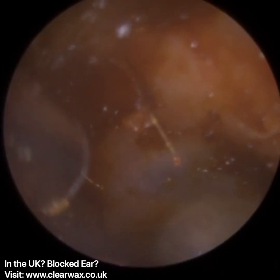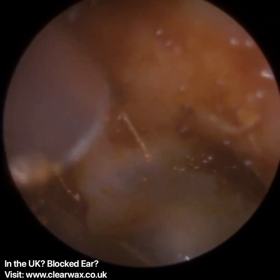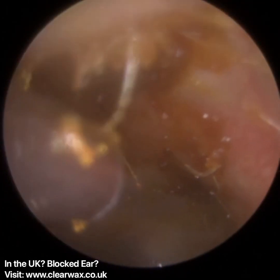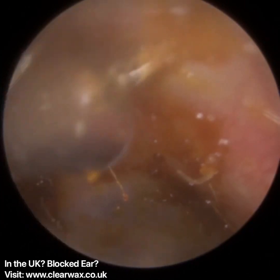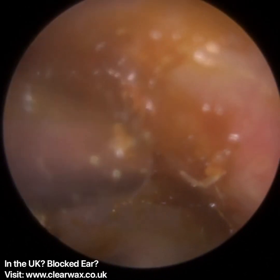Ideally, I would have preferred seeing this patient with no drops whatsoever. Would have got a suction grip and hopefully pulled out a big large plug of wax in a singular piece. Nonetheless, we managed to remove it. Now, all this bit around the edge, this is not significant, guys. Sometimes I do get frustrated when I read some of the comments, and when you've got a bit of wax here and a bit of wax there,